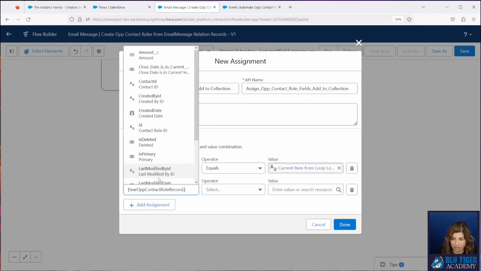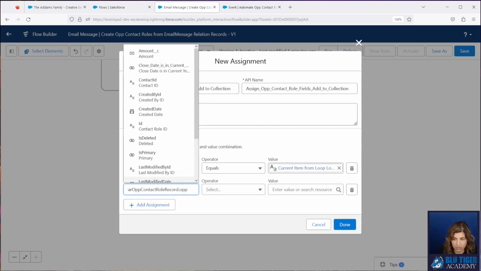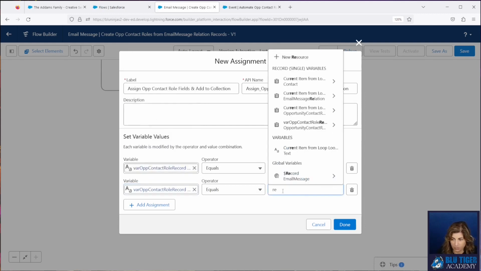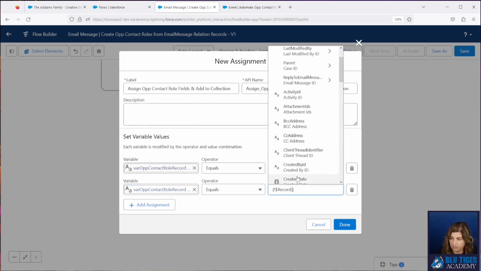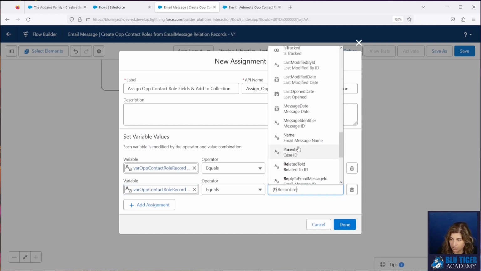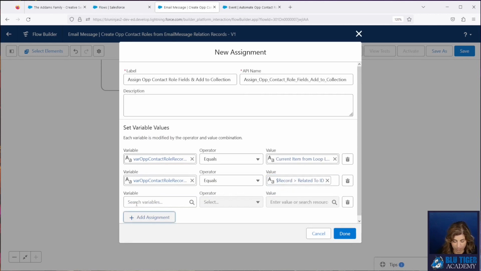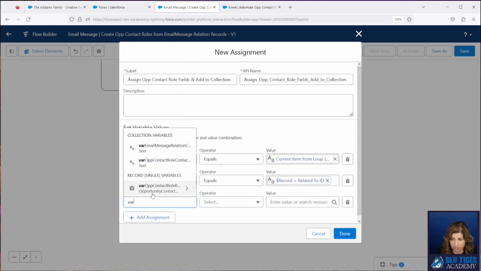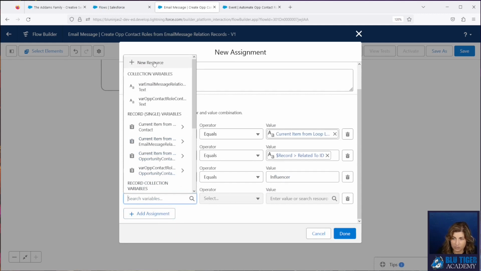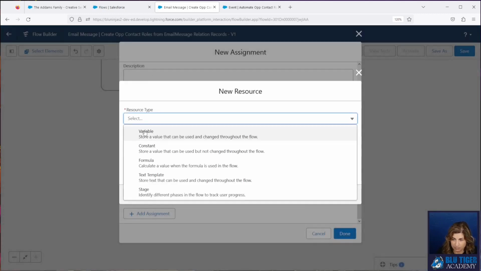Then our contact role opportunity ID is going to be the related to ID on the email message record that invoked the flow. Our role, and this is where you can specify whatever role you want. We're using influencer. And then we're going to add all of these records to a collection.